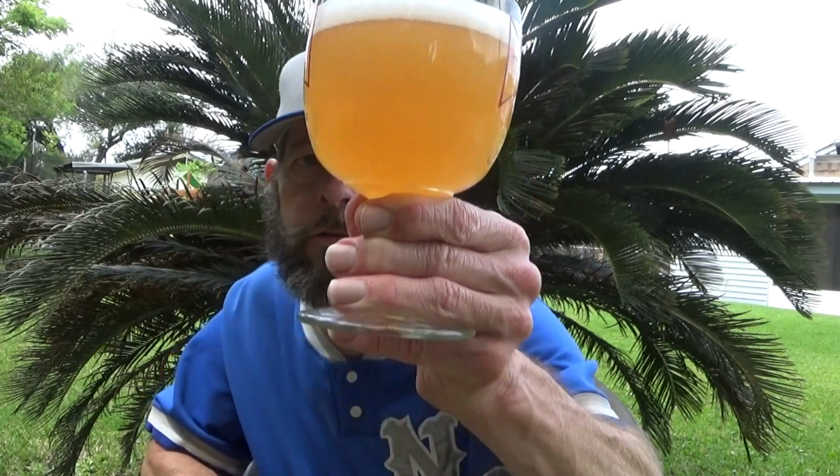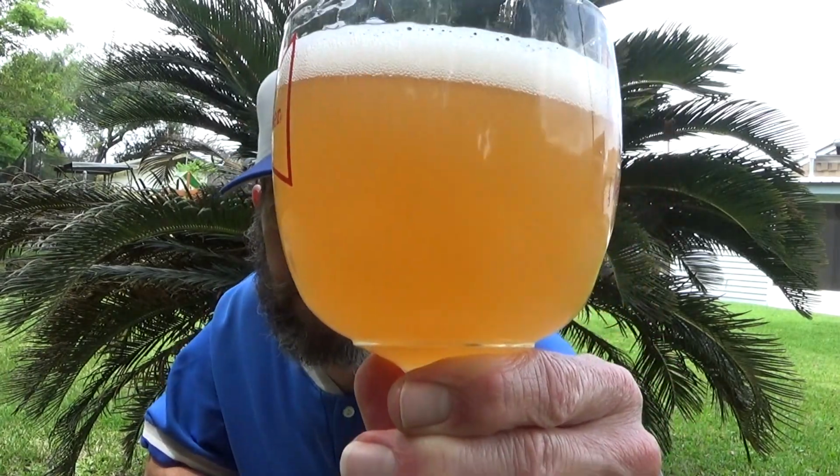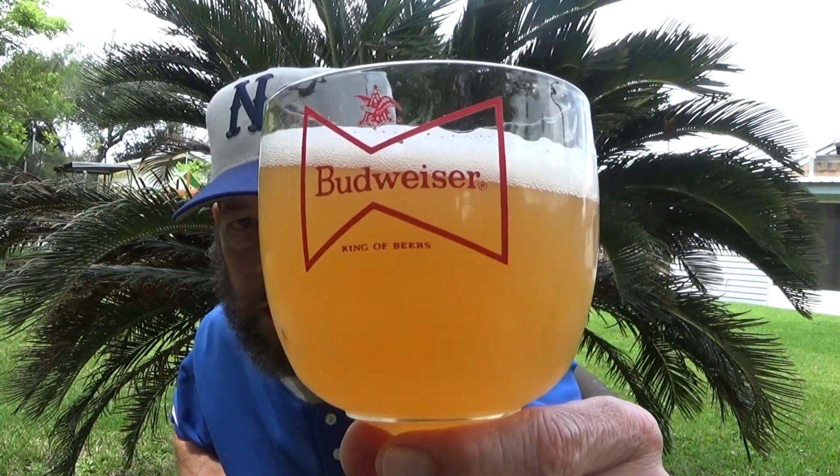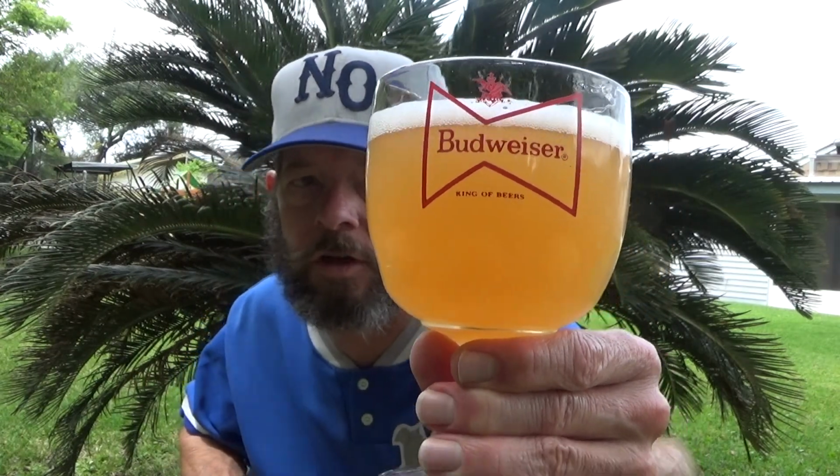Now the head is very thick and frothy and white, and the appearance is cloudy and orange. It looks like a modern India Pale Ale. Maybe more orange than those. So we got fruit and vegetable juice giving it the orange color. All right, this is not a Mexican beer. It's made in the USA, but it's modeled after those